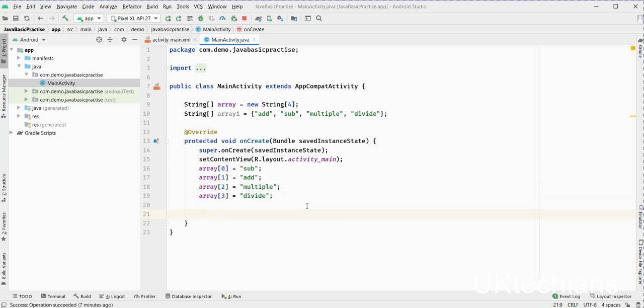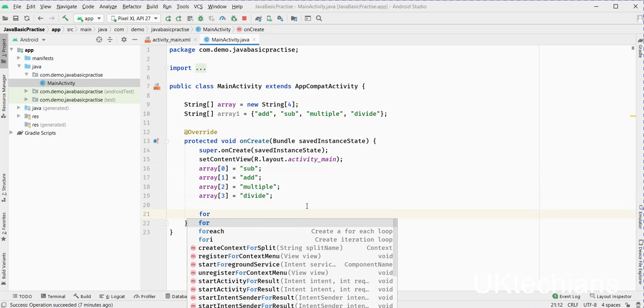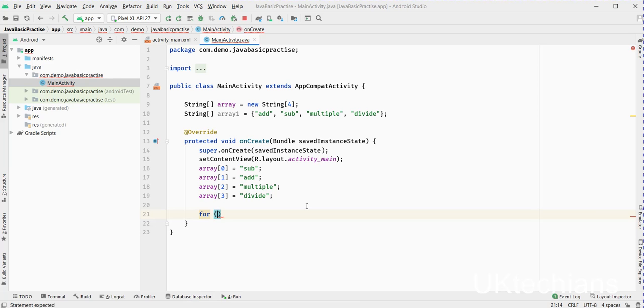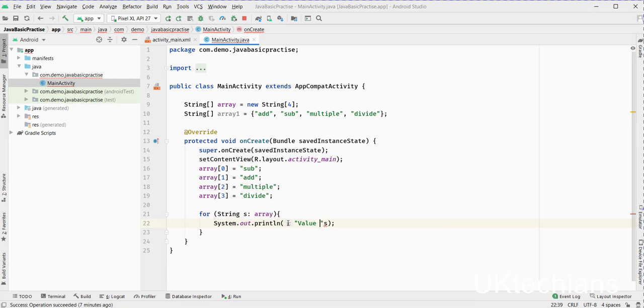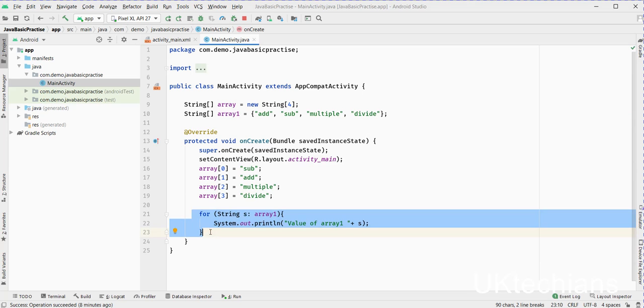So let's see how to get the values of these arrays. I'm using a for each loop, right? The syntax of the for each loop is string s colon, what is the array type over here? Array type is also string. Then here we will say system dot out dot println use of array 1, array 1, and same as for array,